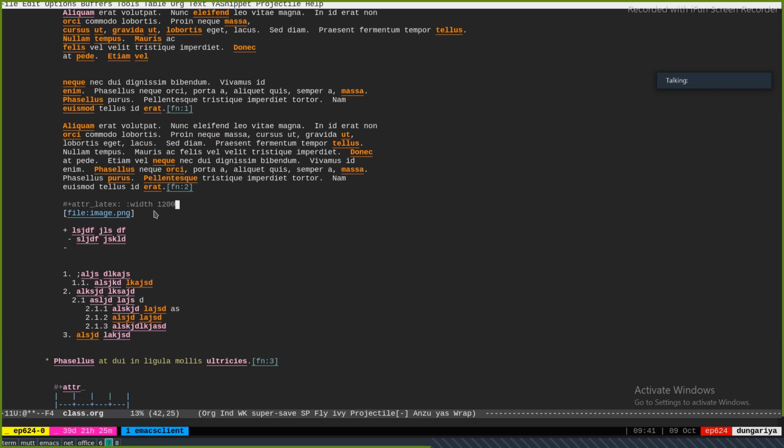So you could say 1200 px, and that would reduce it to 1200 pixels, or you could use 3 inches and so on. So you can use different units to specify width, either absolute sizes or relative sizes, and this would squeeze it, maintaining the ratio of width to height.